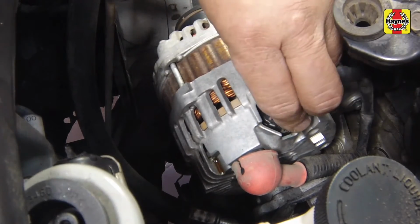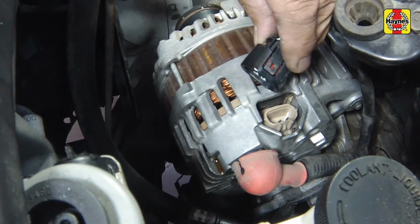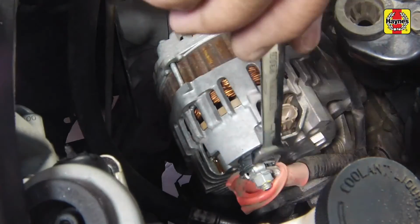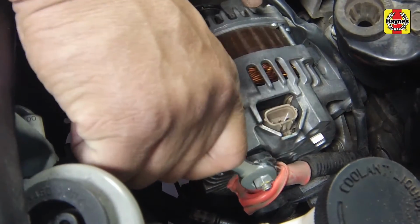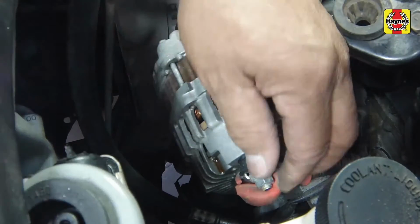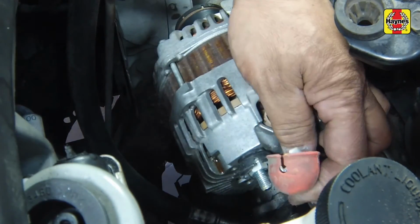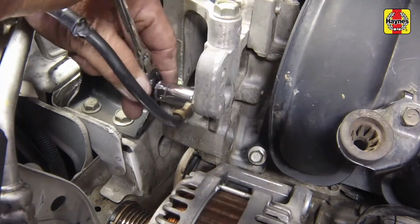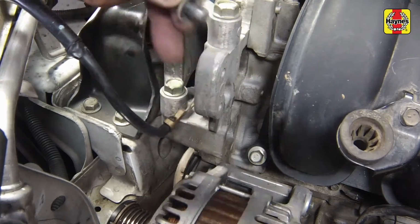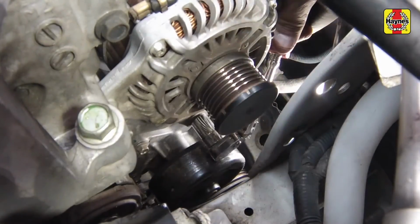Disconnect the electrical connectors from the alternator. Remove the ground cable bolt and position the cable aside for better access to the alternator. Remove the alternator mounting bolts,